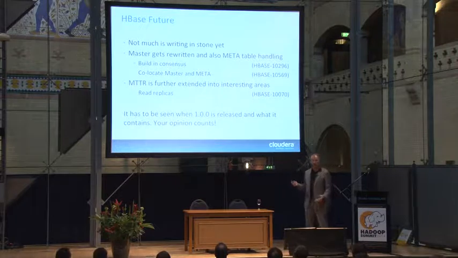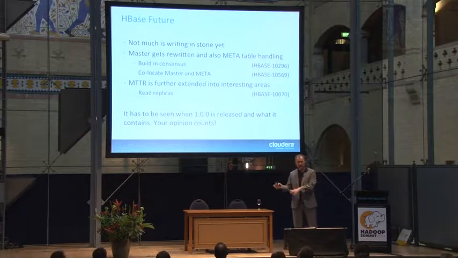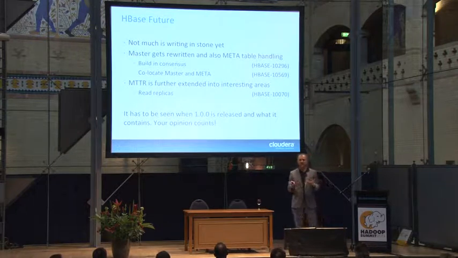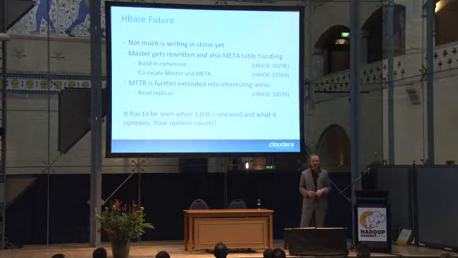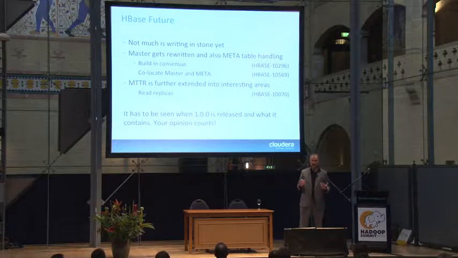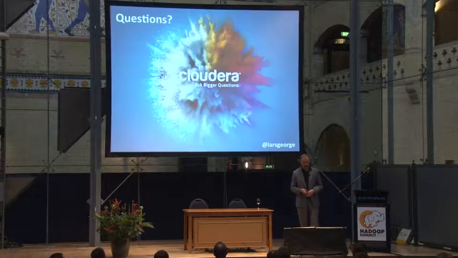What is being worked on is further improvement, consolidate the master, locate the meta with the master, bringing down more of anything that is currently costing us more time, trying to optimize further. Streamline the architecture of Hbase. You will see Hbase being more reliable, faster, and having feature-wise only, I think, minimal additions. It's more that we're getting faster again and more reliable. I think that's the primary goal for 1.0, and then we can release this.